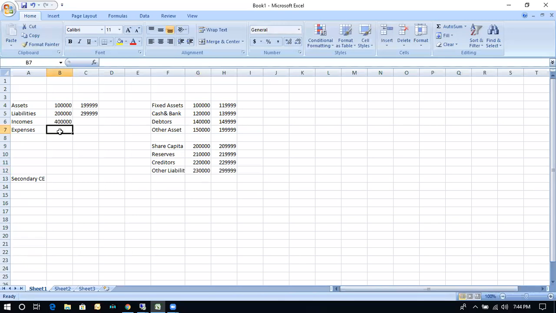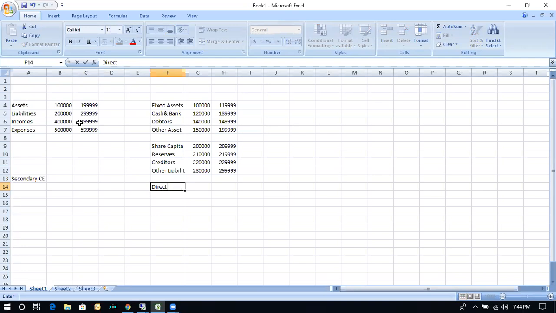We can do it in any way. So let me take incomes as four series, 4 lakh to 4 lakh 99,999. Similarly, expenses, I'll say 5 lakhs to 5 lakh 99,999. Within this, I would further split into multiples, direct sales,